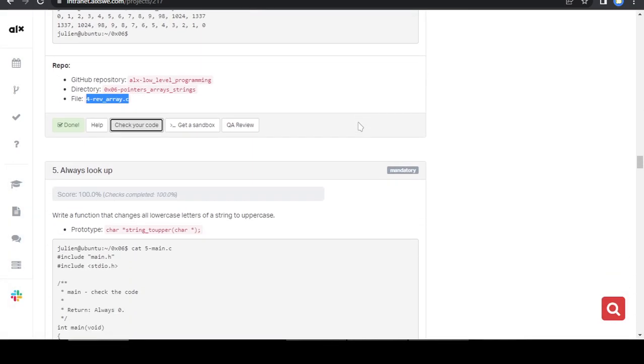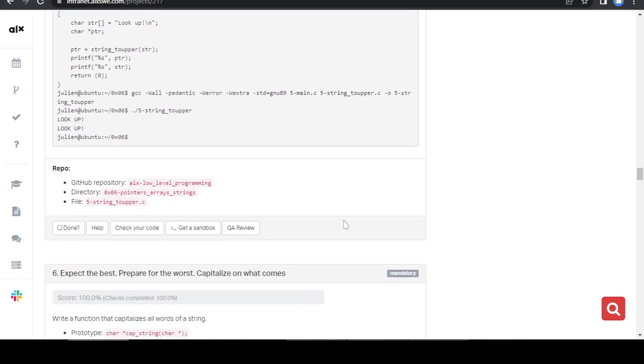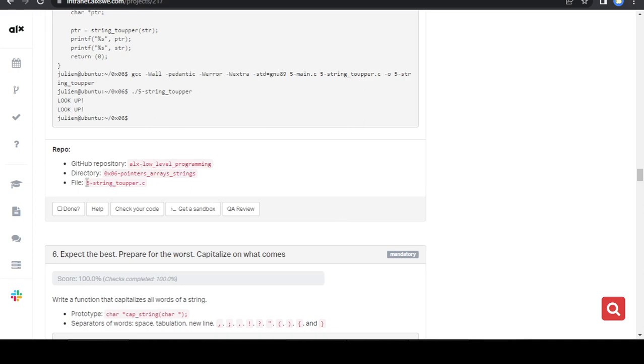So for 5 now, write a function that changes all lowercase letters to uppercase. So the function will receive a string as an argument, right? Then it changes all the characters in the string from lowercase to uppercase. So the name of the source file is 5 string to upper.c. So I copy this